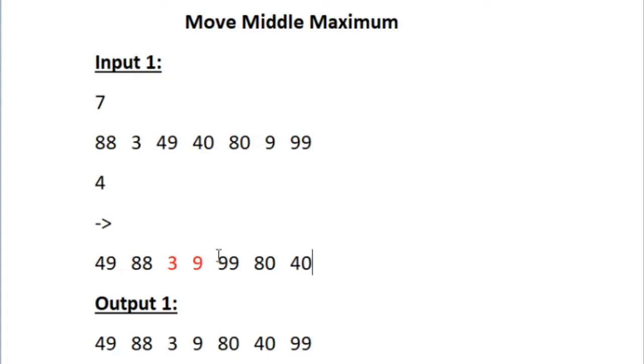So now after moving the integer 40 to the last, this is our modified array. And now these 3 integers would be the middle 3 integers. So 3, 9, 99. And now this is our last iteration. So fourth iteration. So the maximum integer out of 3, 9 and 99 is 99. So if 99 is the largest, then we can move the integer 99 to the last. So after moving 99 to the last, this is how our modified array would be looking.